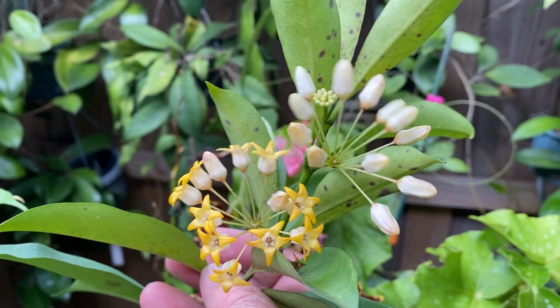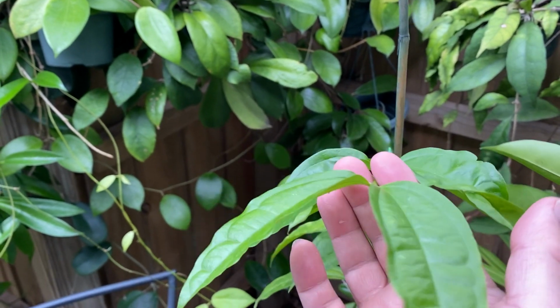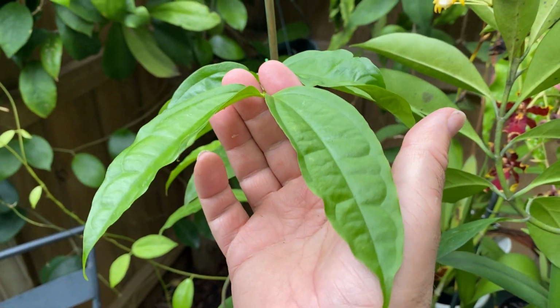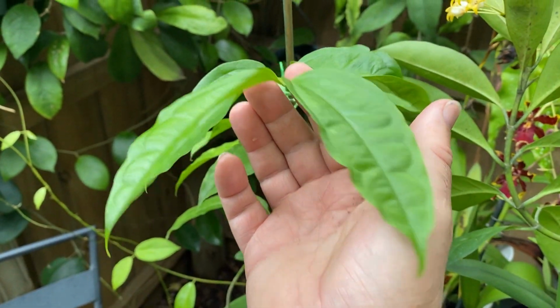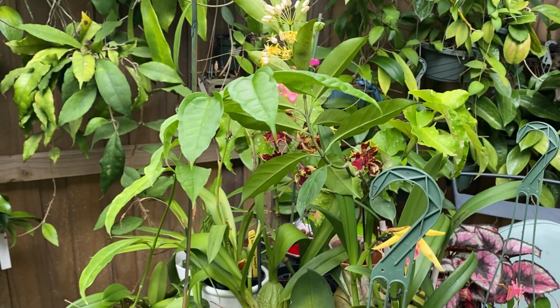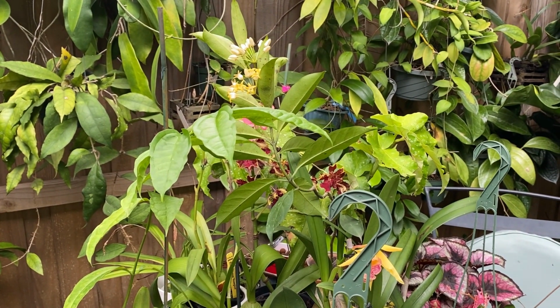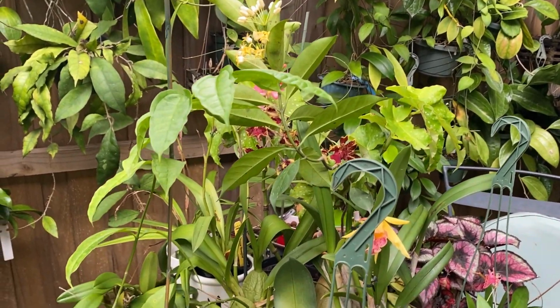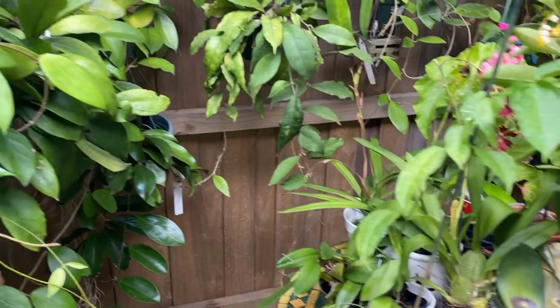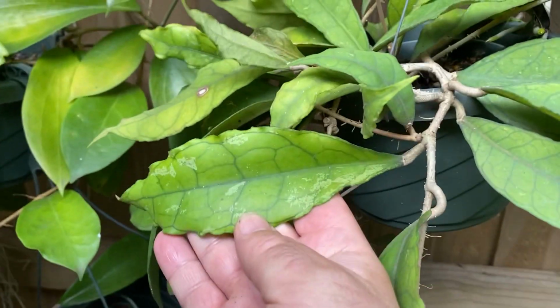On this table, of course, the always blooming Hoya occultata. So I thought, well, my Mednillafolia hasn't bloomed ever, so I thought maybe if I bring it out into this table, it'll be more coaxed into blooming, so hopefully that'll work. And I like this table over here. It gets just the right amount of sun, and there's a lot of air circulation, so Hoyas seem to be doing really well there. And back here is one of the Hoyas that I showed the leaves of on that Facebook group. This is Hoya Maynam,